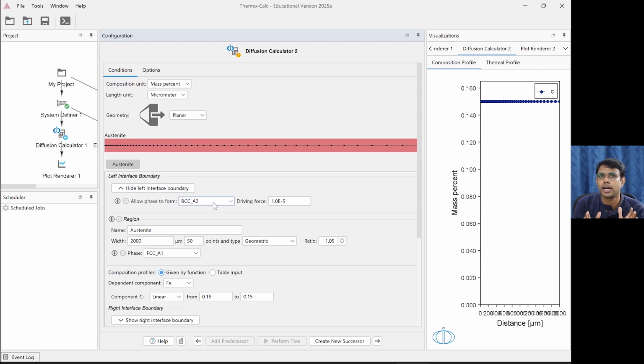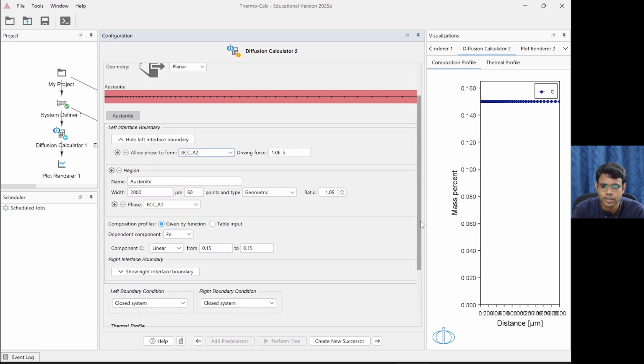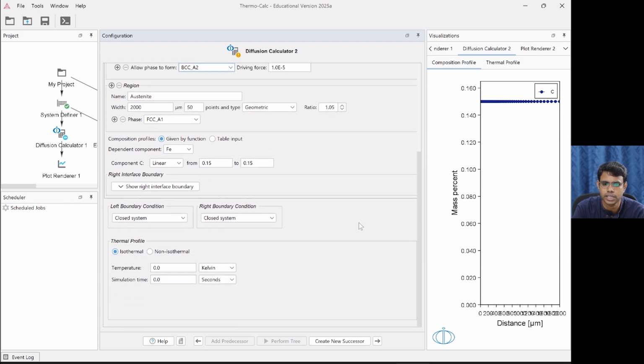Okay, and we know at this temperature, if a thermodynamic calculation is done, ferrite will be an equilibrium phase, BCC will be an equilibrium phase. Therefore, it will have a positive driving force, so that it will automatically nucleate and grow. So that's the meaning of giving this option here. Since we are just saying allow phase to form BCC when there is a driving force, it will calculate what should be the composition of BCC. Whichever composition has the highest positive driving force will nucleate. That BCC will start becoming a nuclei and start growing.